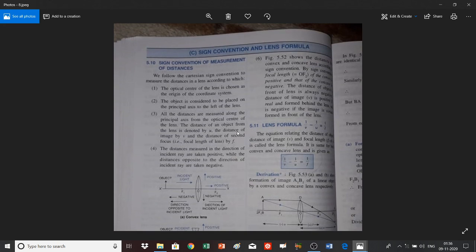So now, sign convention and lens formula. Okay, we will discuss this in our next class. For now, you just have to go through